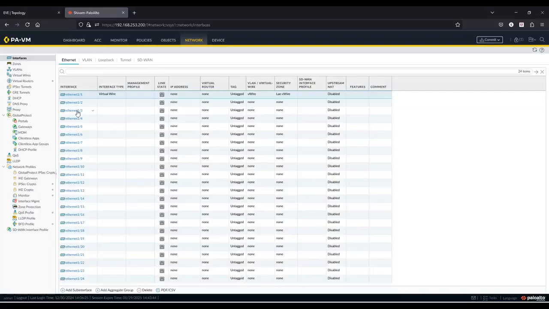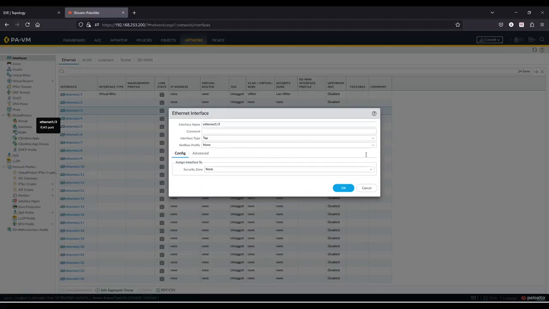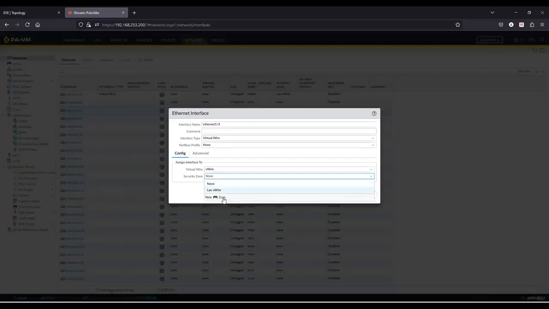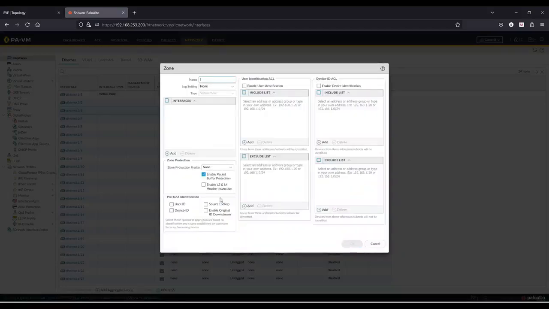Now the other interface is ETH 1/3. Click on it. My firewall is behaving a bit slow, but fine, we'll be able to do it. vWire, and then what virtual wire it should belong to. I'm going to add it to that specific vWire that we created, and I'll create a new zone for it: WAN vWire. That's it. Hit OK